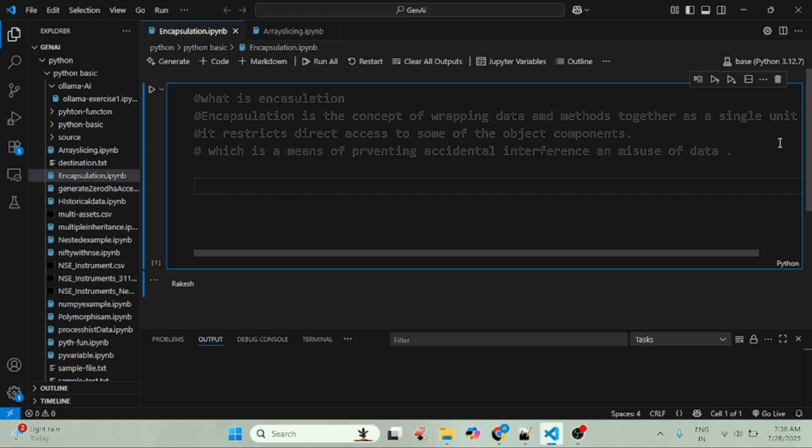In this lecture, we are going to discuss what is encapsulation. Encapsulation is the concept of wrapping data and method together as a single unit. It restricts direct access to some of the object components like variables, which is a means of preventing accidental interference